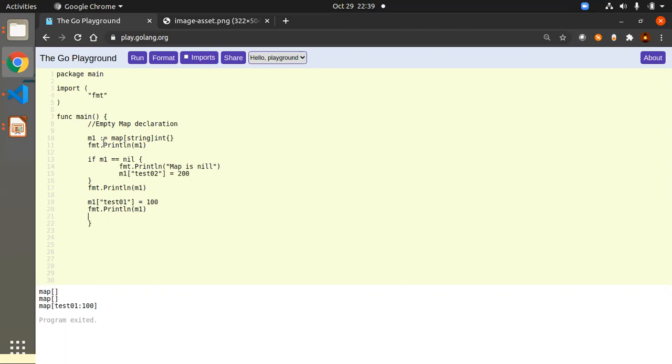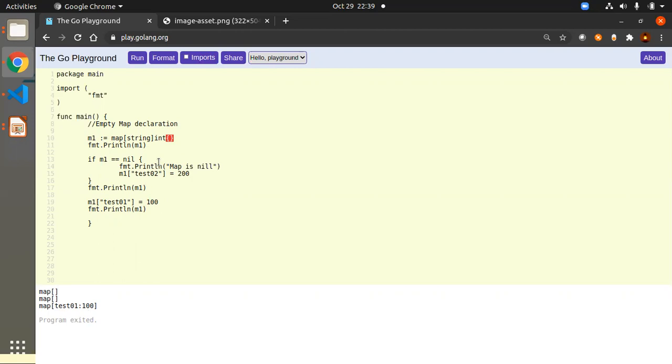In our case, the map having the value type as integer, then we are giving some integer value. Then we are trying to print the M1 now. So here you can see the key has the test01 colon followed by the value for the key. So this is a simple understanding about how to create the empty map and how you are assigning the value in the later point. If you are just creating with braces at the end after you mention the map declaration, so that will create the empty map.